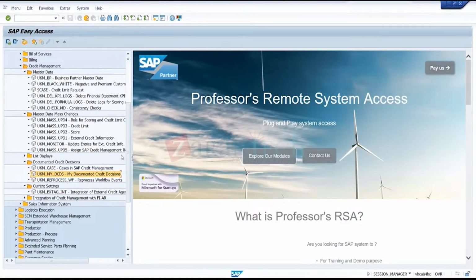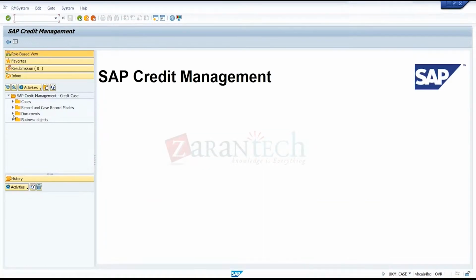So here we have the credit limit. You can see some changes in the credit limit, and we have some functions available here. The case is in credit management, the UKM case. We have the documents, which are like our own documents. We have the cases, we have the credit request, and we have the